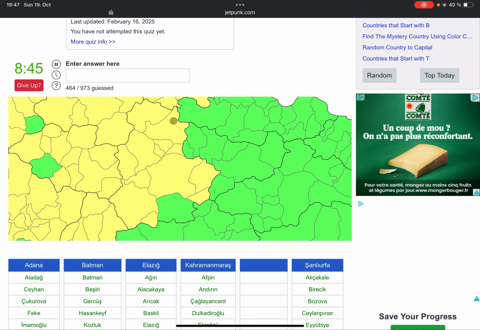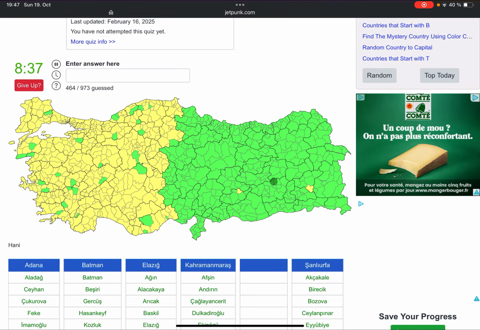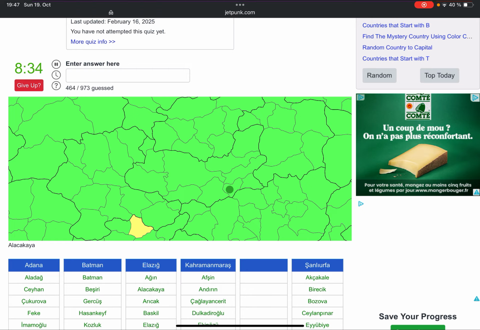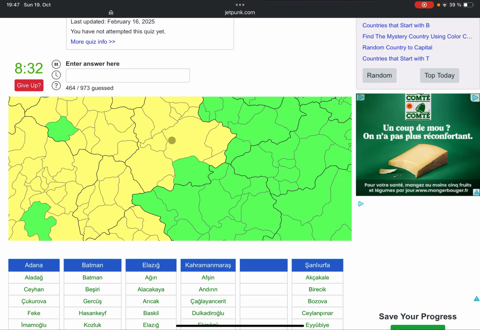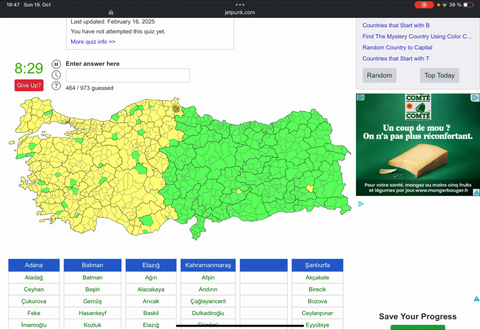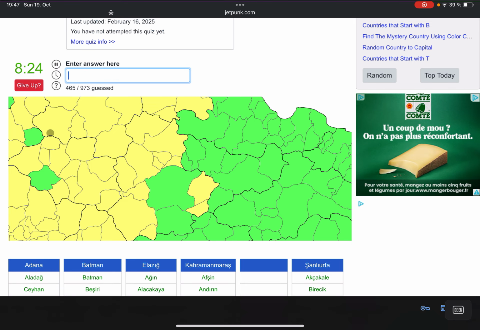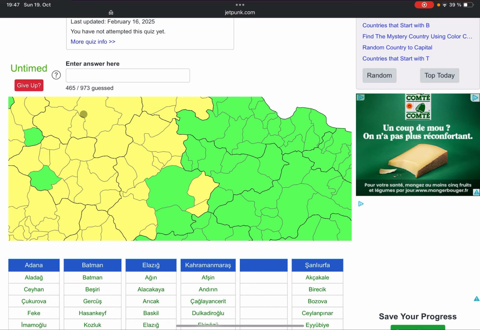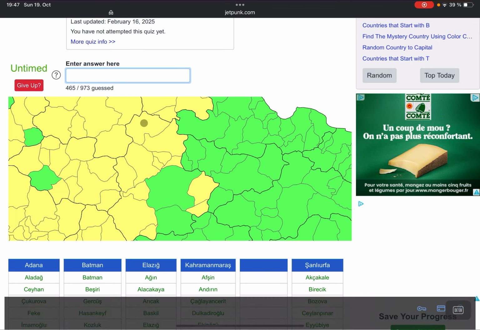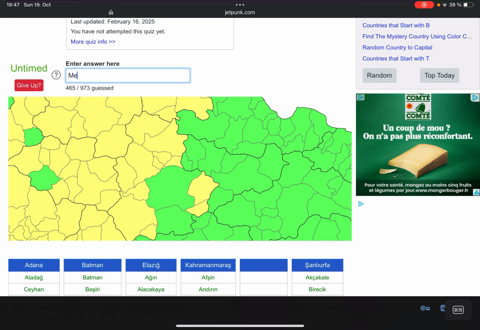Let's just do this one here. This is the province of Çorum, and we already typed in Alaca before when we tried to type in Alacakaya in the province of Elazığ. So here we already have Alaca, and the province capital is of course Çorum as well. It's quite unrealistic that I was going to finish the quiz in less than 1 hour, so I'll just switch it to the untimed mode. Yeah, so Alaca, Çorum, then we have